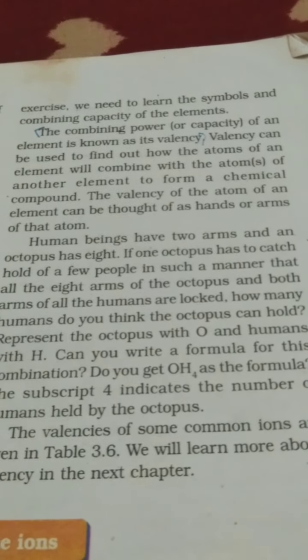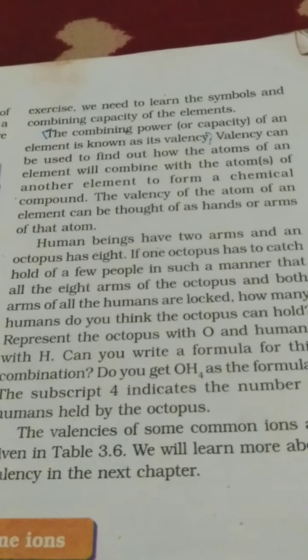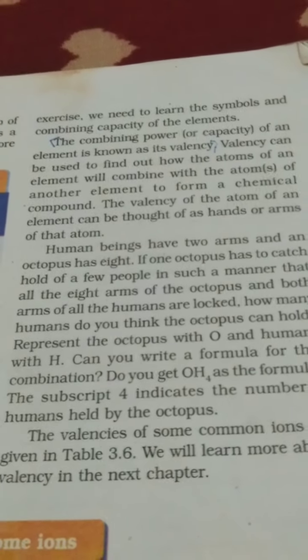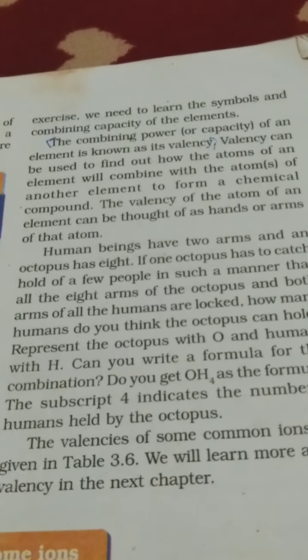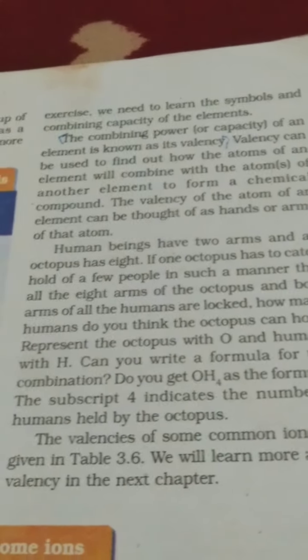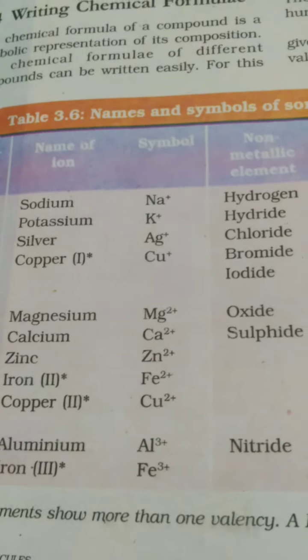Every metal will try to lose those electrons which are extra than octet, and by losing those electrons they gain the structure of your noble gases. This is how the attainment of stability is found in the case of metals and non-metals. So children, you find this Table 3.6, a highly informative table where you will get the